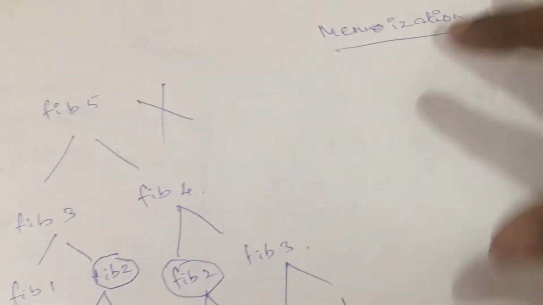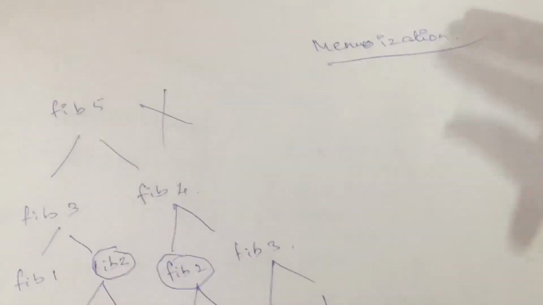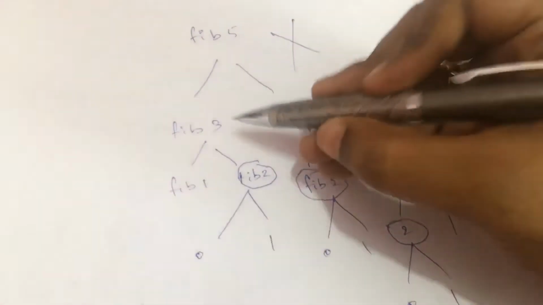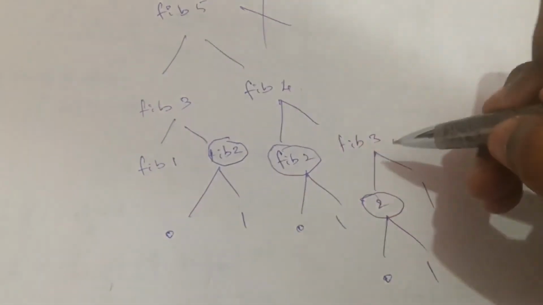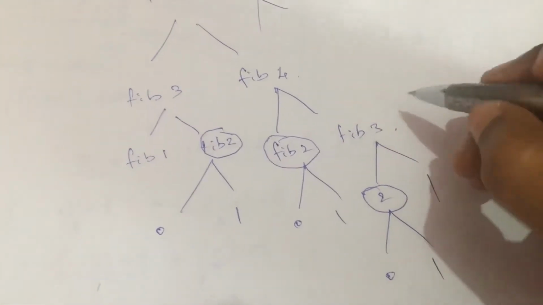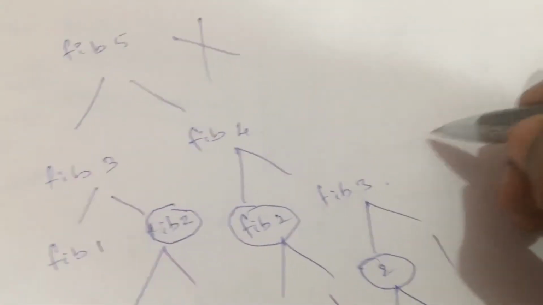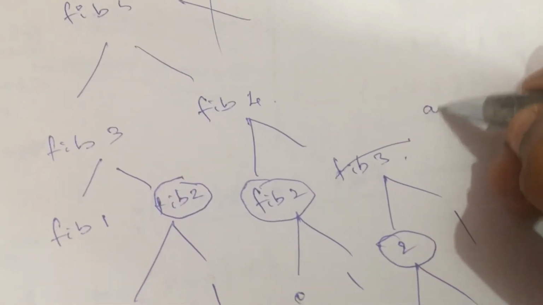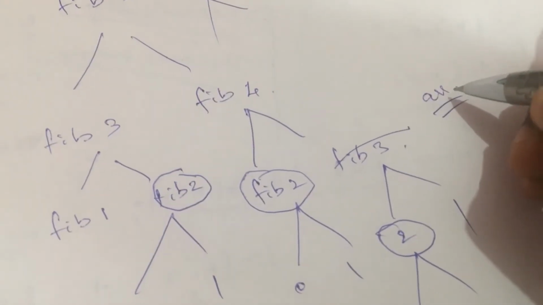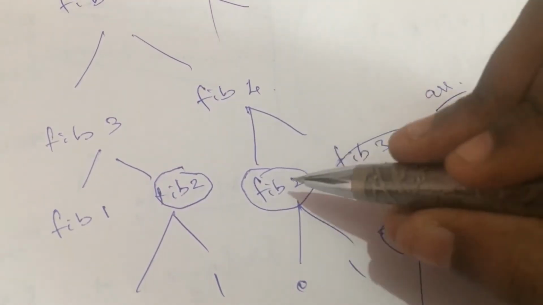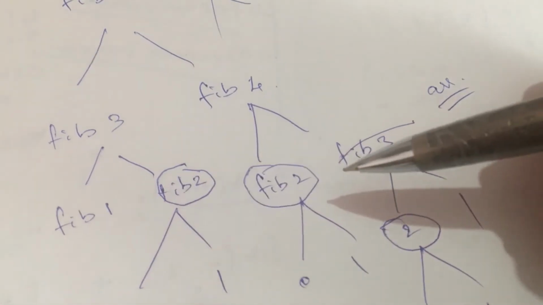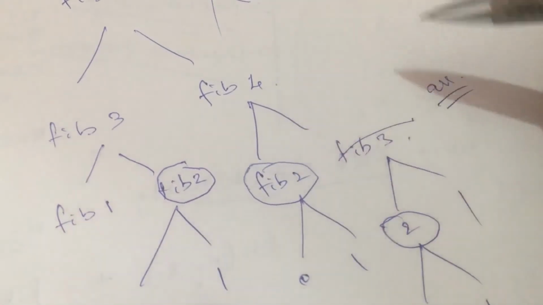So, usage of memoization. Why do I use memoization? Because after computing fib of 3 once, when it comes back with fib of 3 again, I will be storing it inside an array. So we are going to store this entire value inside an array. From this array, I can fetch the value of fib of 3 and fib of 2 if it is done once. So this is how memoization is going to work.